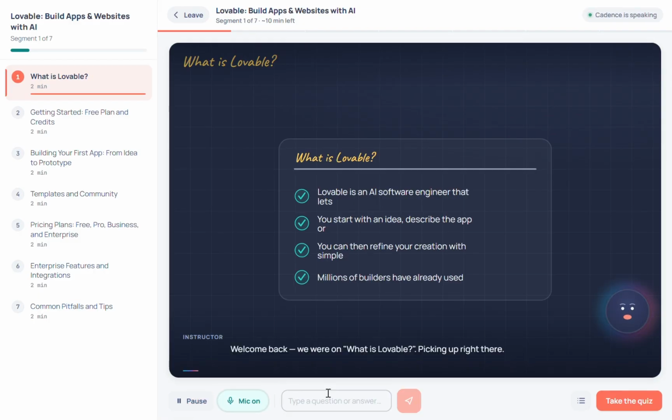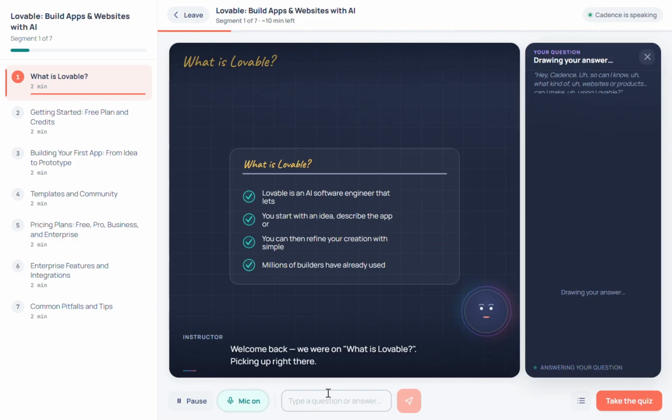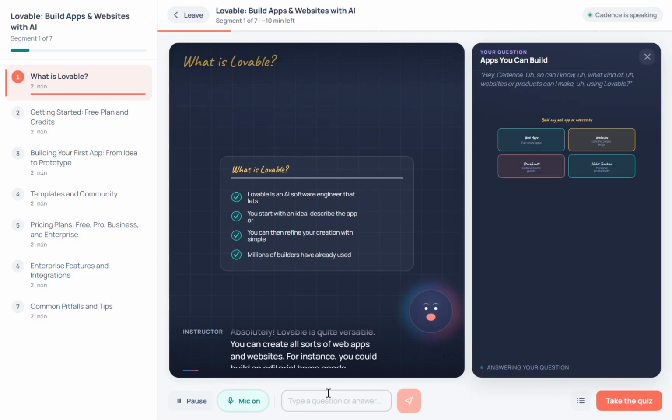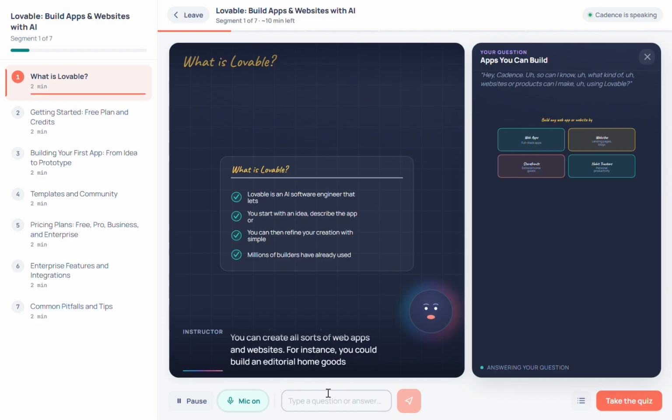Welcome back. We were on What is Lovable, picking up right there. Hey Cadence, can I know what kind of websites or products I can make using Lovable? Absolutely, Lovable is quite versatile. You can create all sorts of web apps and websites. For instance, you could build an editorial home goods storefront, a personal blog, or even a habit tracker. It really helps you turn your ideas into working